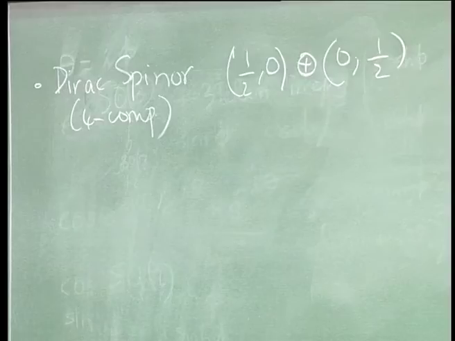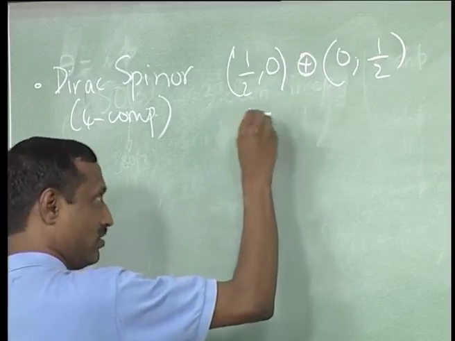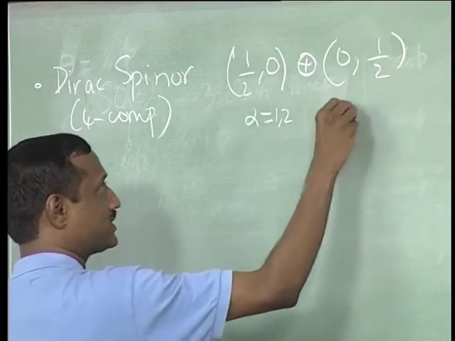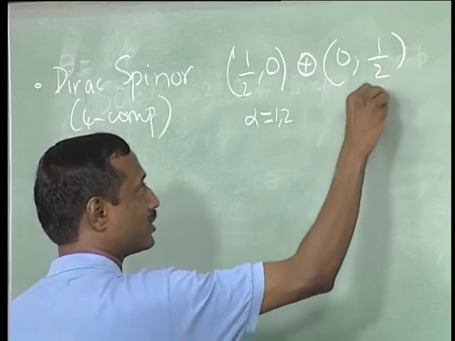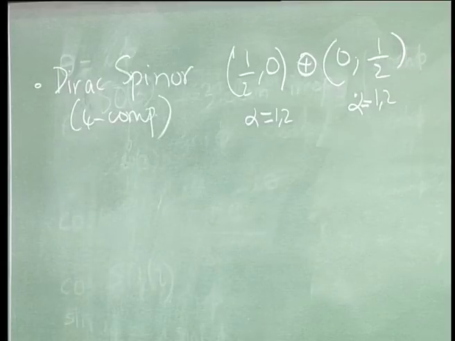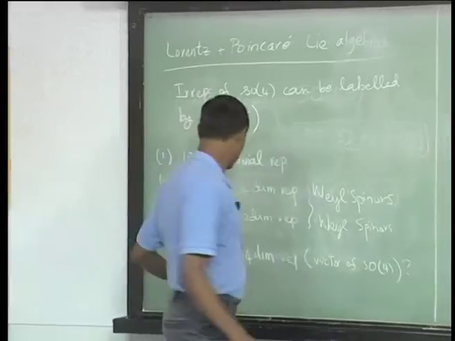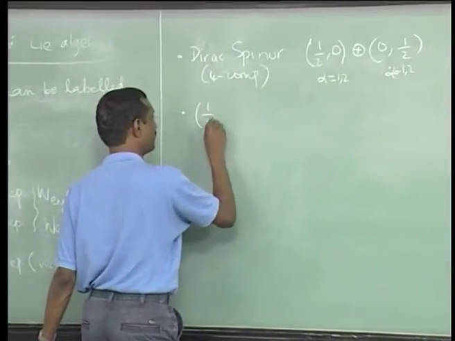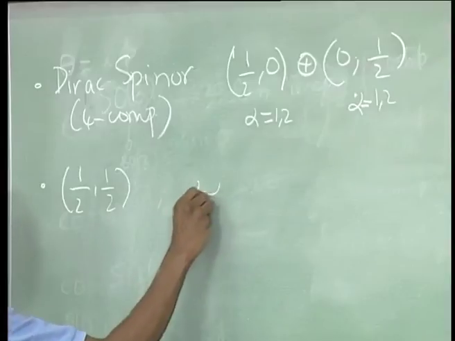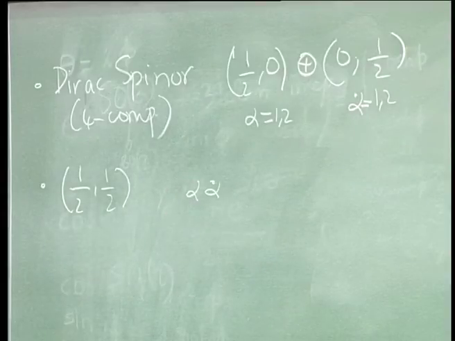Conventionally, people use an index alpha, which runs over 1 and 2, for this one, and differentiate it from the other one by putting a dot. These are just 2-dimensional indices. Now let us look at something which has a half-half representation, and it will have an index alpha alpha dot. I am claiming this is a vector. So you need something which will interpolate between the alpha alpha dot indices and the vector indices, and that is done